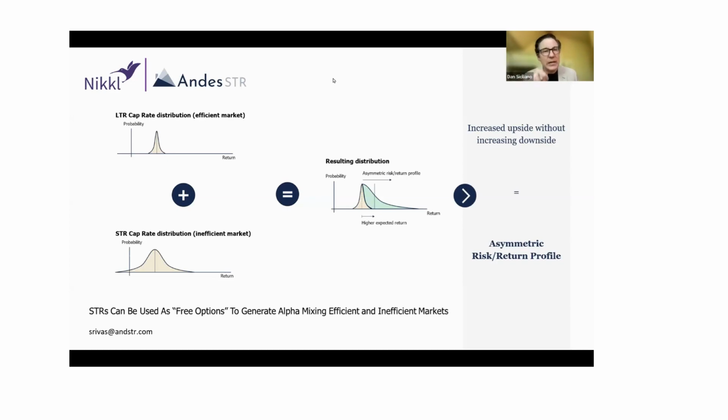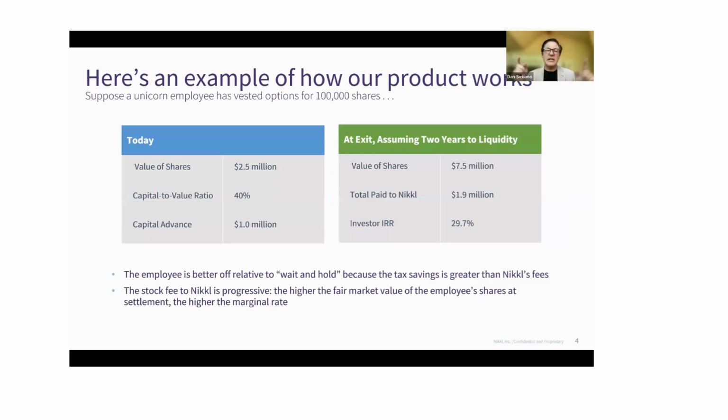I'm going to come back to Nikkl on that, because in our world, it's about what is the price per share that you're going to pay if you manage to get access to these hard-to-get-access unicorns, and who are you going to buy that from? And are they going to be happy about a particularly low price per share? And it turns out the answer is yes, if you do it just right. So, okay, with those things in mind, let me just flip over to Nikkl, and there's going to be a